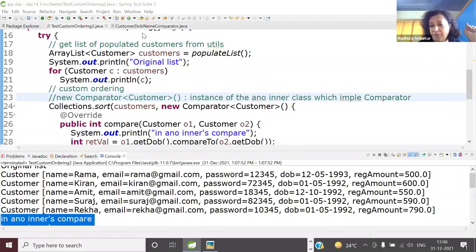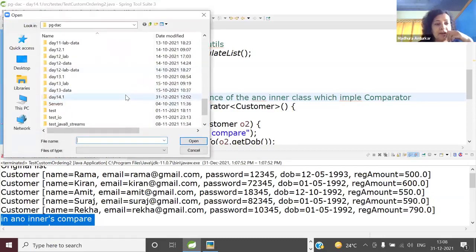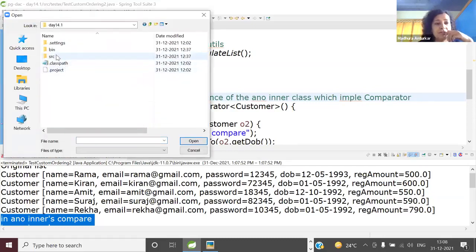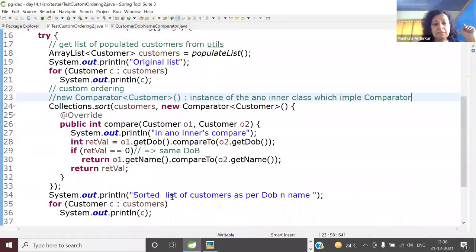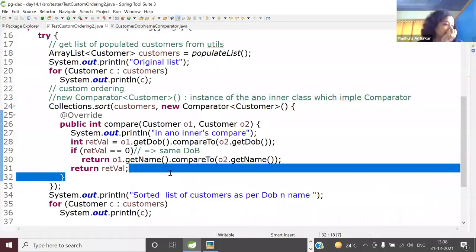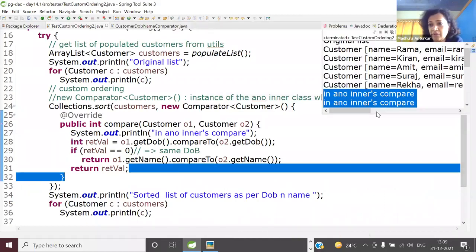I'm sending you this code. In case you are having some compiler errors or whatever, you can compile it. I've sent you test custom ordering 2.java in case you need it. You let me know whenever your testing is over. I'll keep the code and the output in front of you.